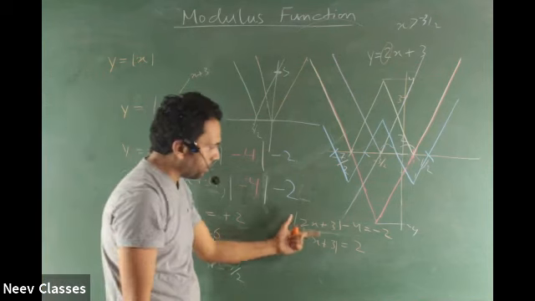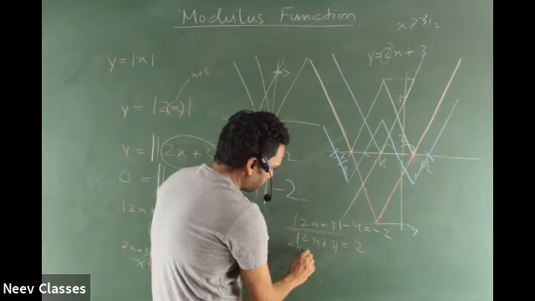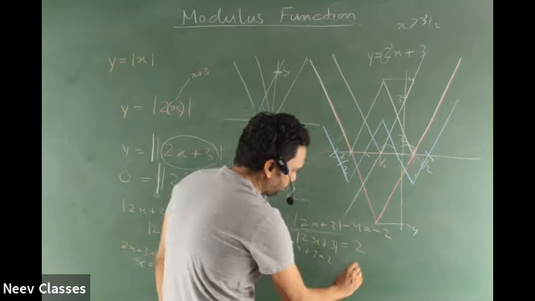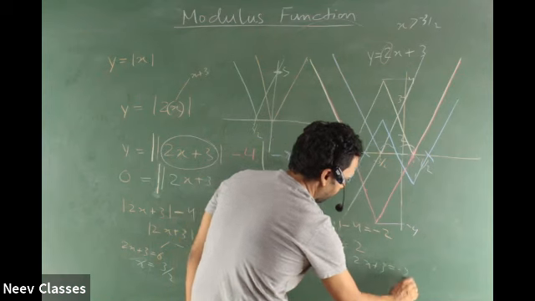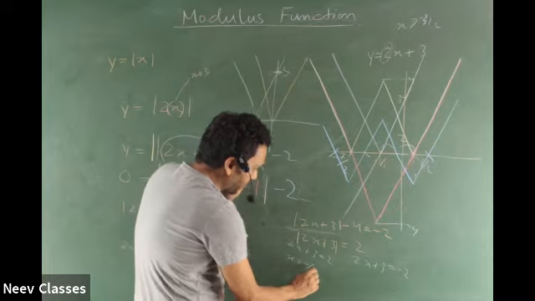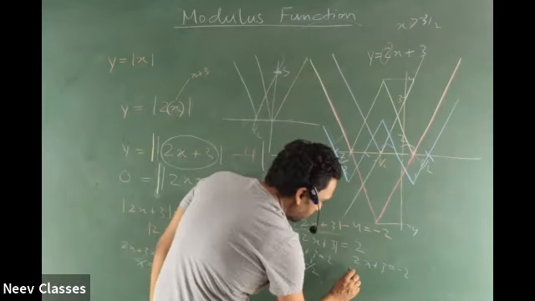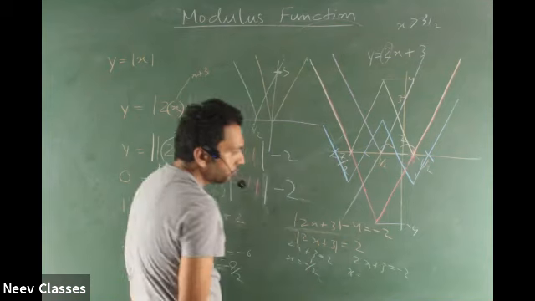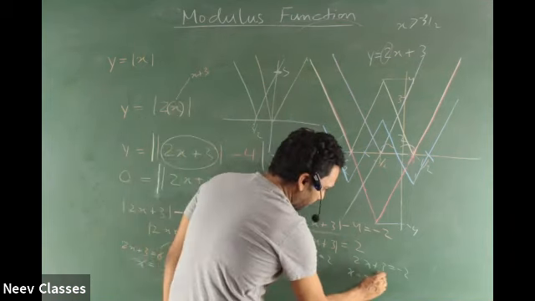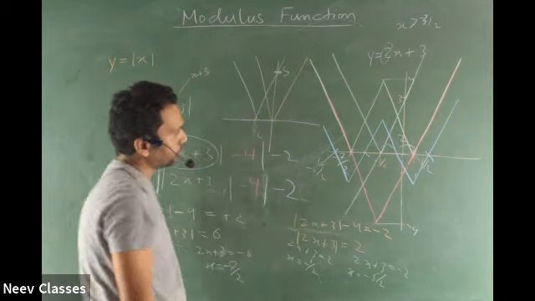So similarly over here you'll get 2 results. What are the 2 results? 2x plus 3 is either a plain simple 2, or 2x plus 3 is a -2, right? If 2x plus 3 is 2, then your x is how much? Minus 1 by 2. Again, you can plug in over here and you'll see that you'll get a 0. Or x is equal to how much? Minus 5 by 2, which is the least one. So this one seems to be minus 5 by 2, right?